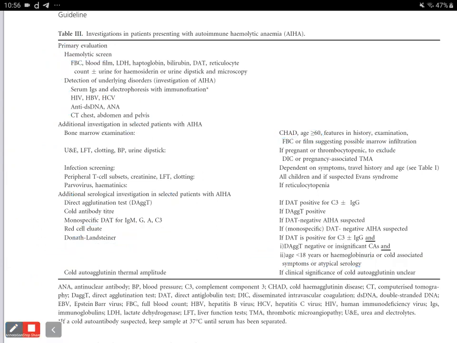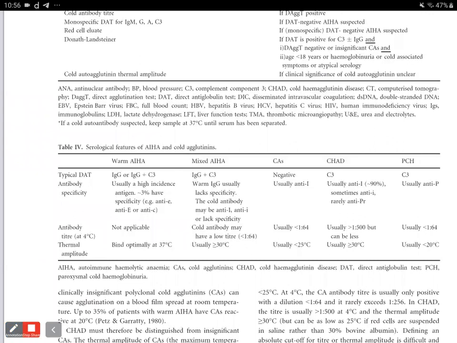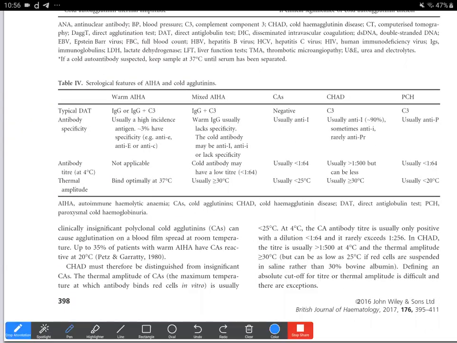So now back to this. This was also another important table regarding the serological features of autoimmune hemolytic anemia. They had mentioned in the guidelines that the warm type is of course mostly IgG, but it can also be IgG and C3, and very rare cases of C3 alone are present. So there were very detailed guidelines which mentioned that only about 35% are IgG alone, whereas 56% will have both IgG and C3, and only 9% have C3 alone.